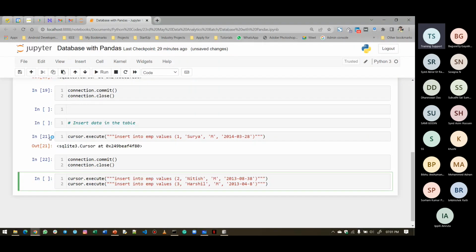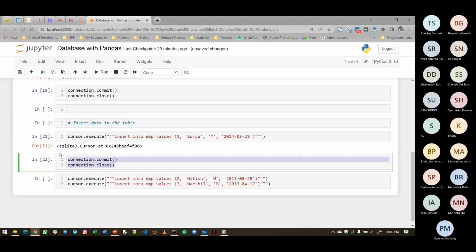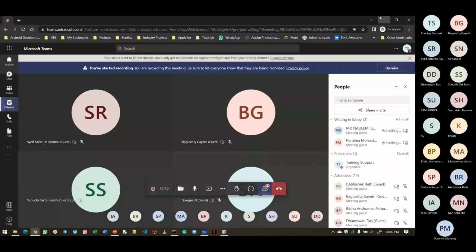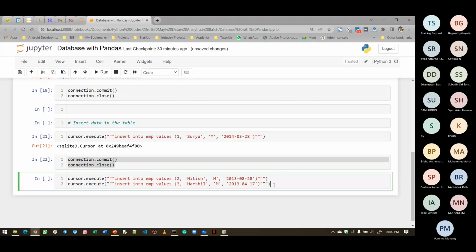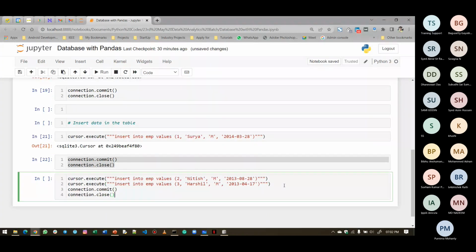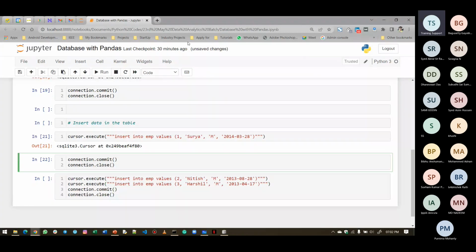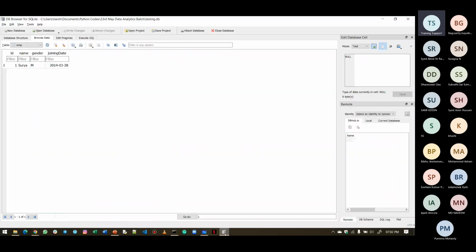As I'm just right now randomly putting some data here, randomly, there is no particular way or reason. Okay, so if I run this code, and then I commit and close. What will happen is, in this case, you can see in the database right now there is a single data